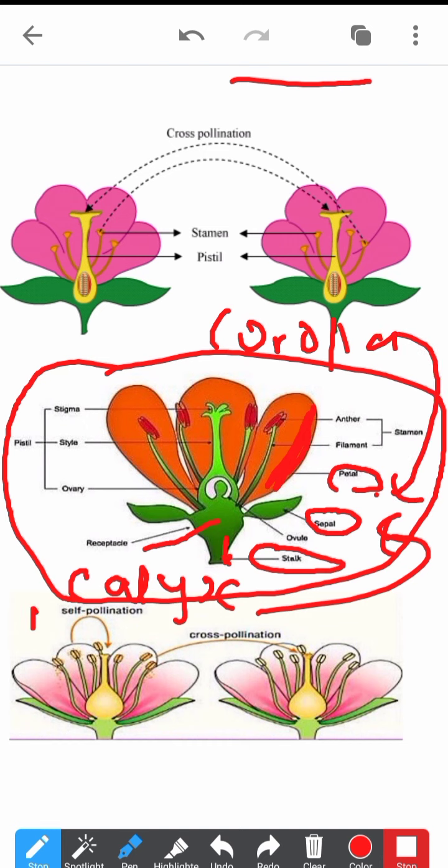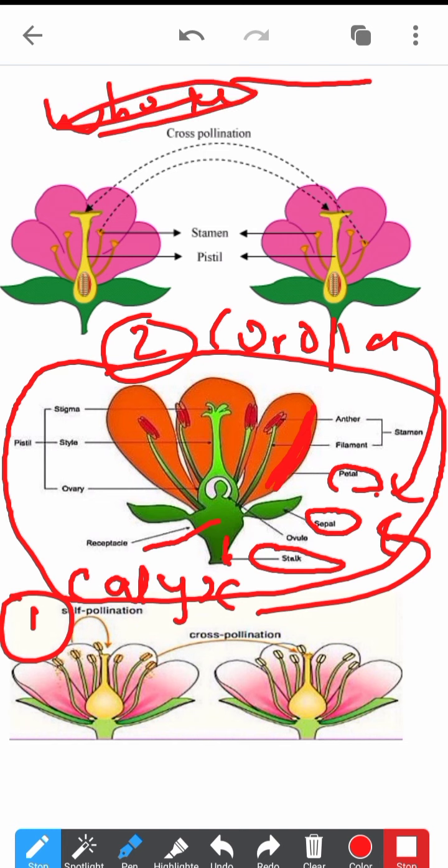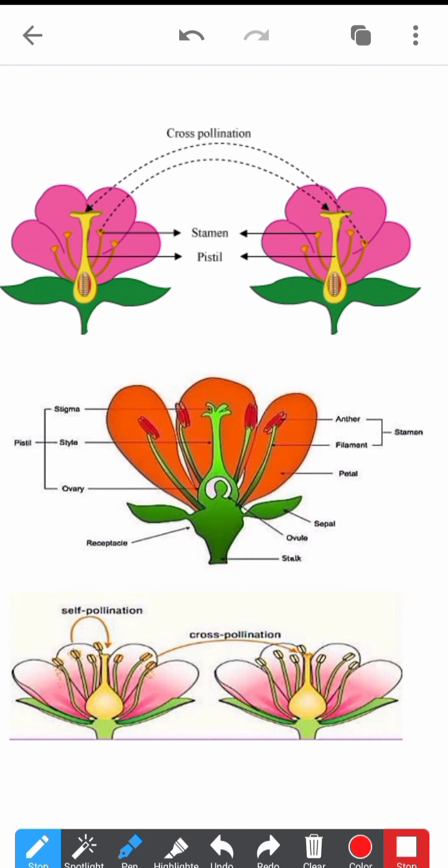So there are two whorls of the flower. Whorl of flower means two parts of the flower, calyx and corolla, right? So whatever we have studied, I am highlighting it to you. We studied this calyx and we studied this corolla. Now what is there inside this structure, right? See this inside structure. This is calyx and corolla. Now we are moving to the inside structure.